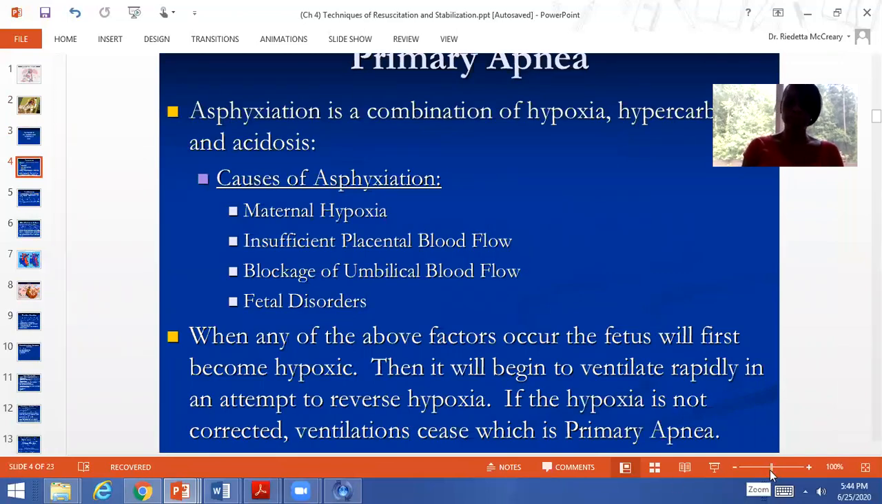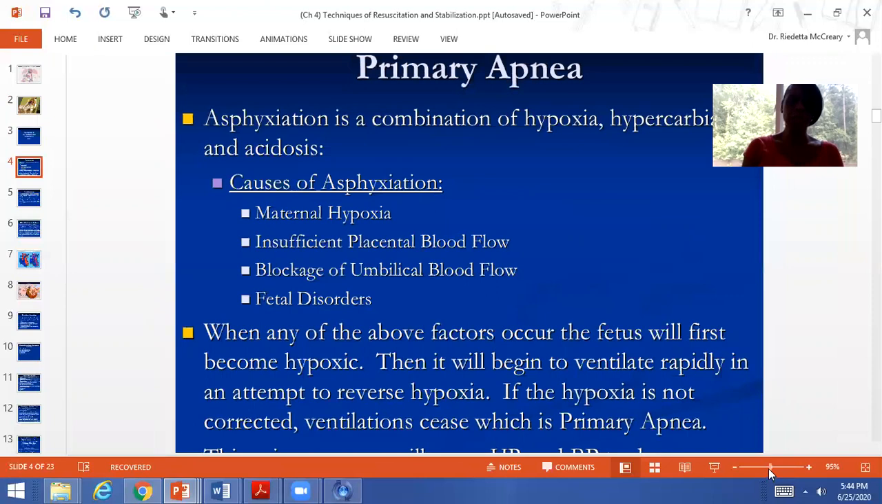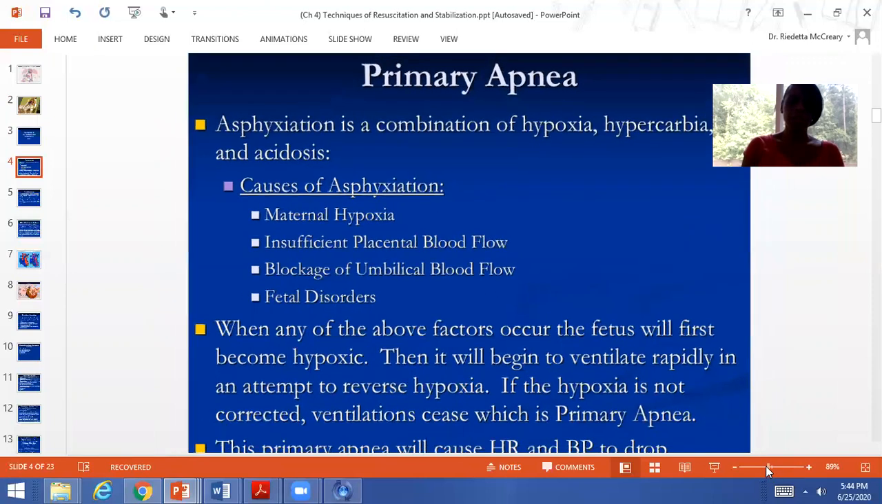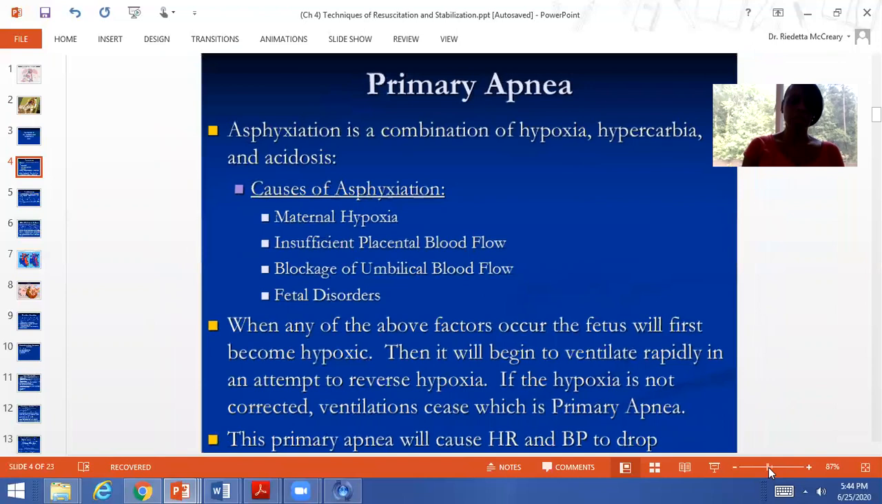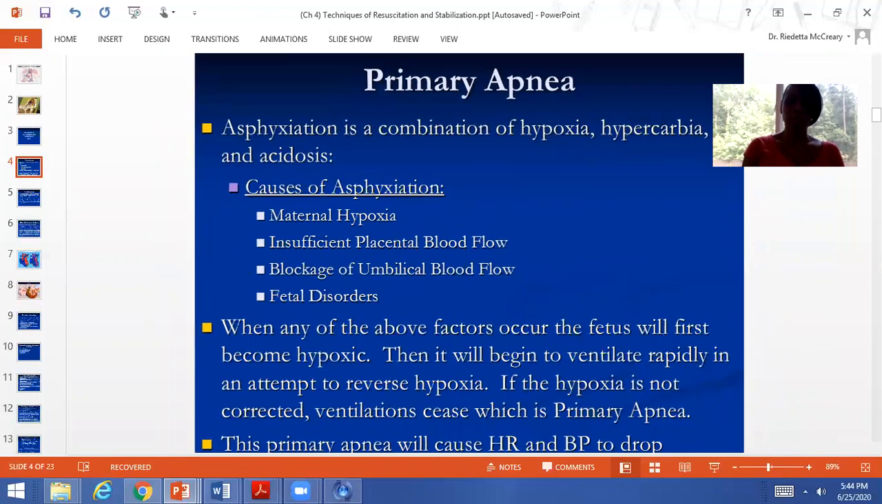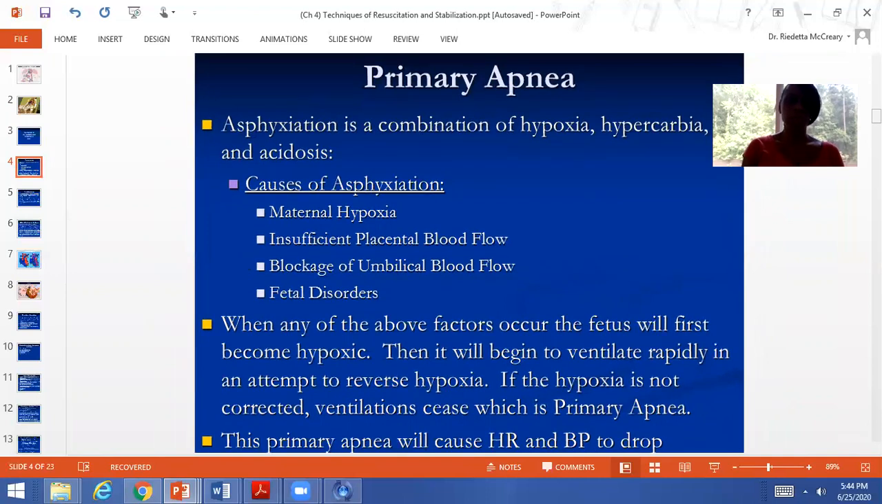So before you can really assess what's going on with the baby during a delivery, you have to consider some things that might have happened in utero. So where ventilation is concerned, our major thing that we need to know is if the baby is apneic, how long have they been apneic? And there's a way that we can determine that by figuring out whether they are in primary apnea or secondary